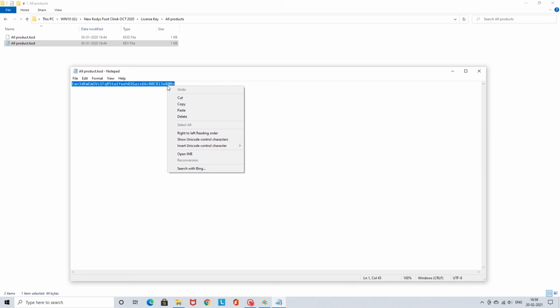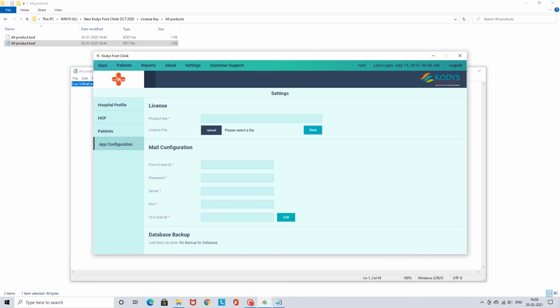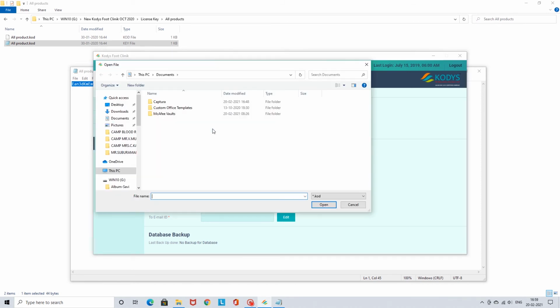You can either press Control C or right click and copy. After copying, you have to press Control V. The file will be saved and you have to click this upload button.